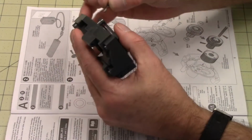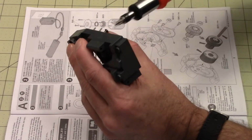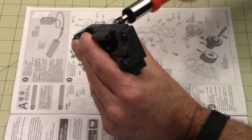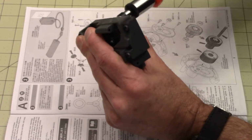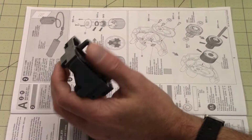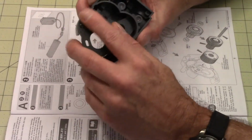Tamiya's kits, I've never had an issue with parts not fitting the way they're supposed to. They're one of the top companies out there when it comes to making these kits, and they're pretty good at it. So, okay, it's snug down, 3 screws,